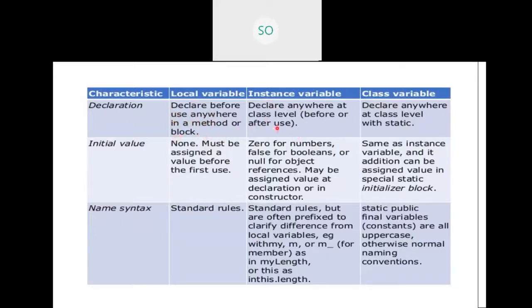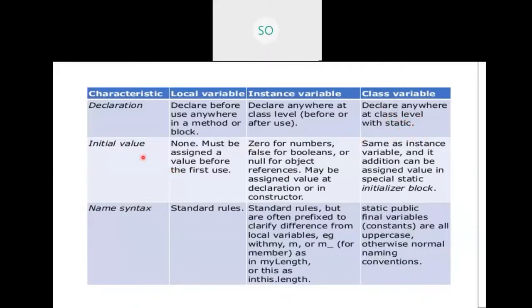An instance variable must be declared anywhere at the class level, before or after use, but a local variable must be declared before using it. And the class variable can be declared anywhere at class level, but the static keyword is a must. Class variable is also called static variable, and we must define it with the static keyword.